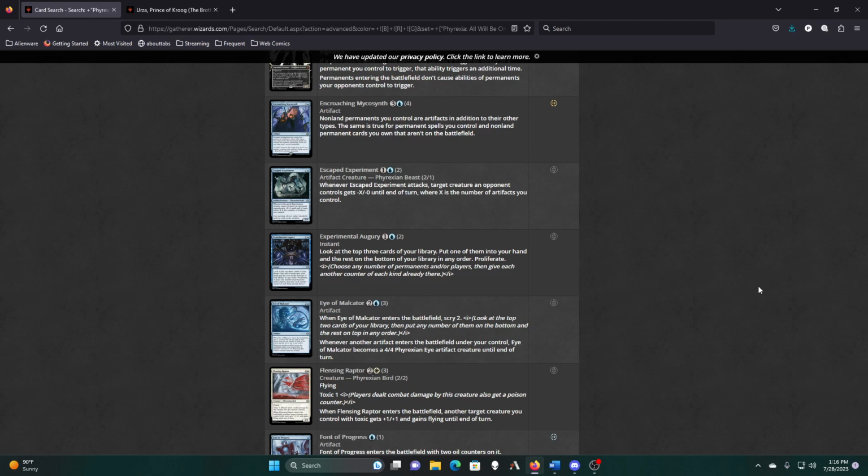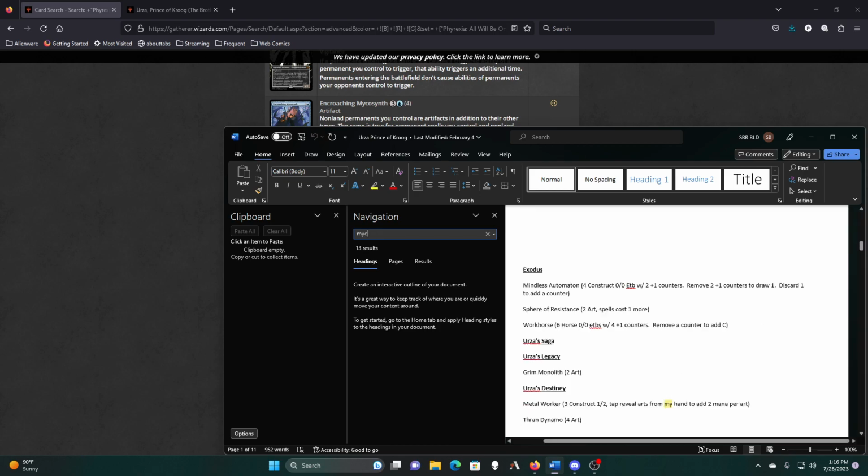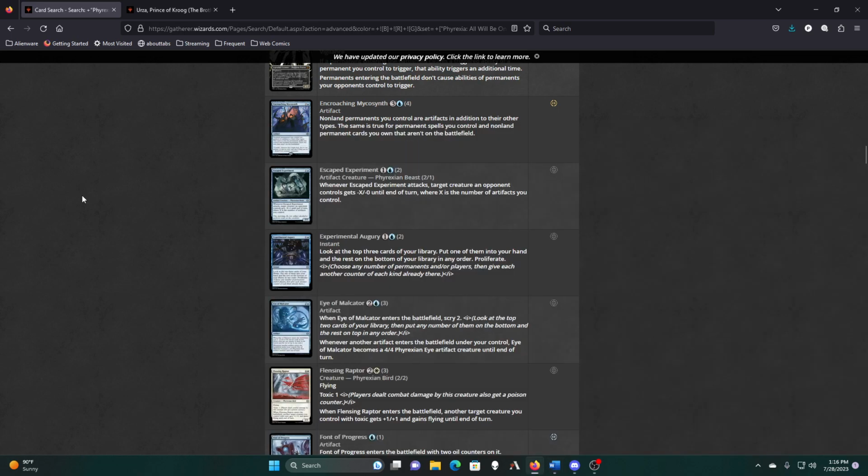Encroaching Mycosynth, no. Oh, non-land permanents I control are artifacts in addition to their other types. Am I using Mycosynth Lattice at all? Because I don't think I am. No. So if I'm not willing to use Mycosynth Lattice to turn all of my opponent's stuff into... Although turning their stuff into artifacts is actually bad with the Organic Extinction, so I could see why I'm not running that. So maybe...